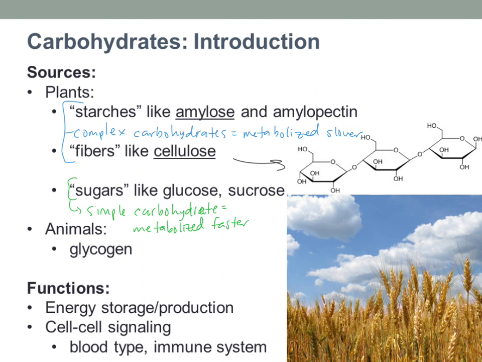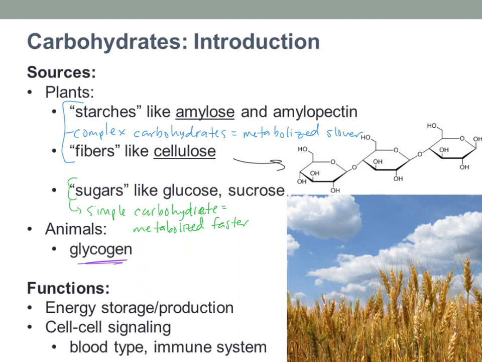You guys probably all have heard about diabetes and American diets being too high in sugar and carbohydrates and stuff like that. We're not going to get into type 1 and 2 diabetes and insulin and everything like that. We're just going to talk about what carbohydrates are, how we recognize them, what are the main types. And then in animals, we have glycogen. So animals don't create amylose, animals don't create cellulose. We store everything as glycogen. So that's sort of our main way to store carbohydrates. We'll come back to all of these in a lot more detail in a second. I'm just trying to lay out a little background information for you.